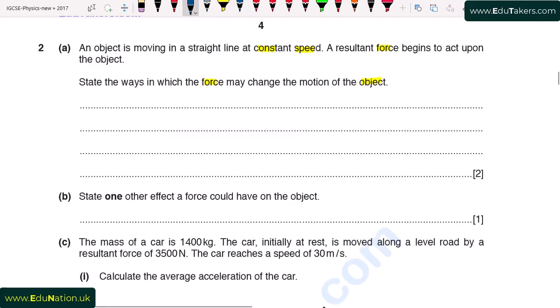So first of all, if I consider here is the object and a force is acting on this object, then this force may accelerate or decelerate this object. It means that the acceleration is produced here, but this acceleration may be positive or negative. So we can simply say that when a force acts on a body, the body accelerates. So the first point I write here: to accelerate or decelerate an object.